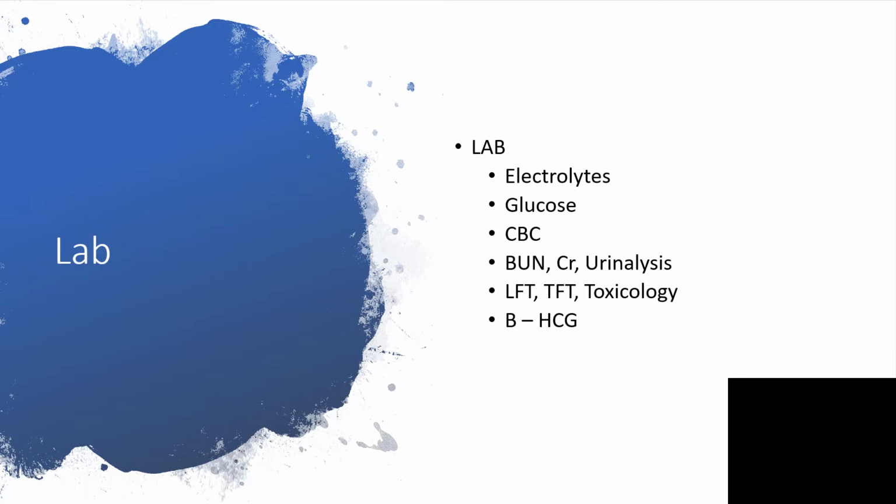What is urinalysis telling us? Liver function tests, thyroid function tests, because hypothyroidism is a culprit. Toxicology screening, we just talked about alcohol and street drugs, and of course beta-human chorionic gonadotropin, because if this woman is